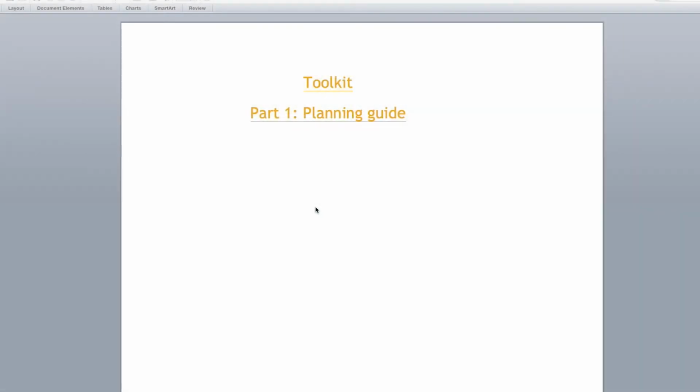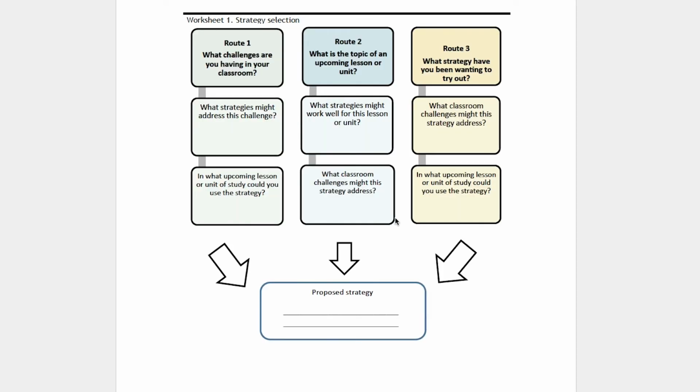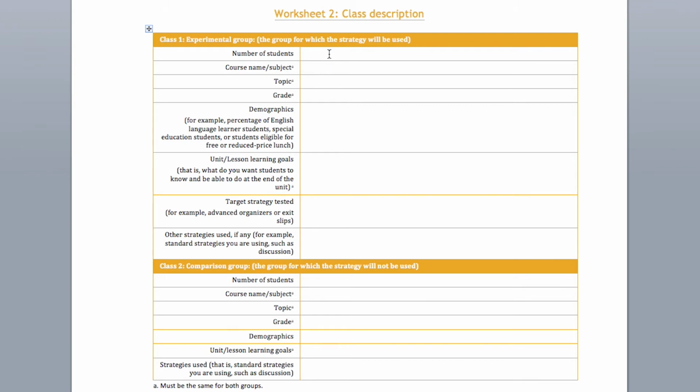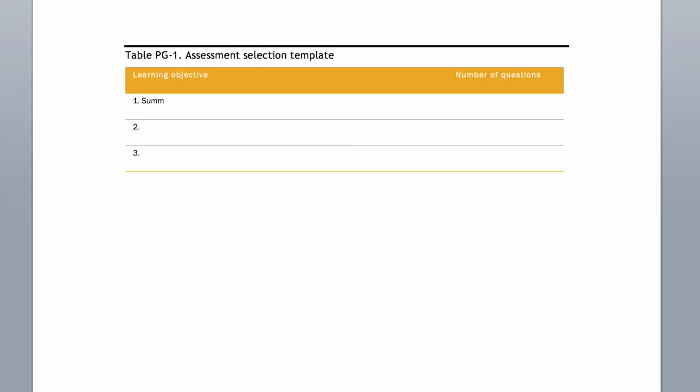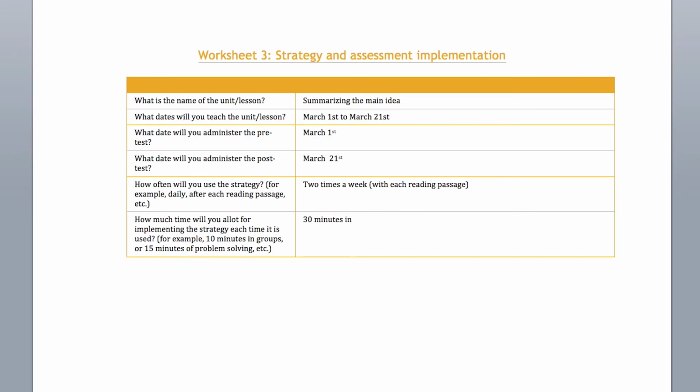The planning guide provides step-by-step instructions and worksheets to guide teachers in using one of 3 routes to select a strategy: selecting classes that receive the strategy and classes that get typical instruction without the strategy; selecting a content assessment to gather pre- and post information about student performance in both classes;